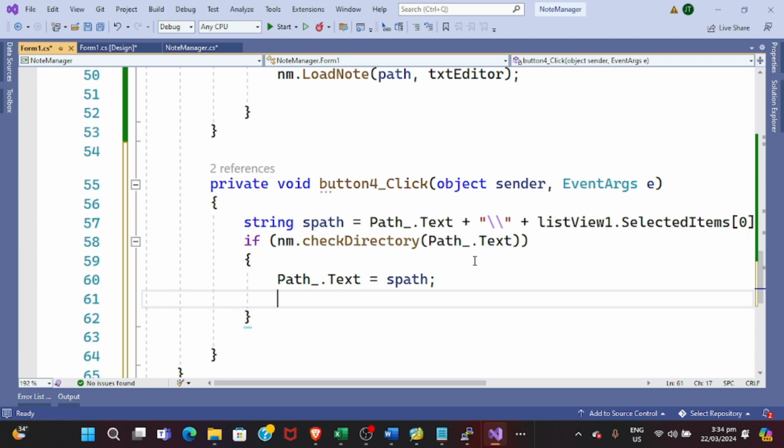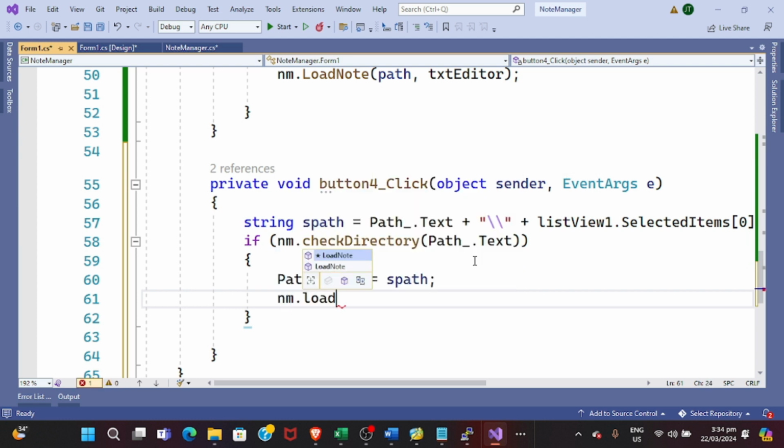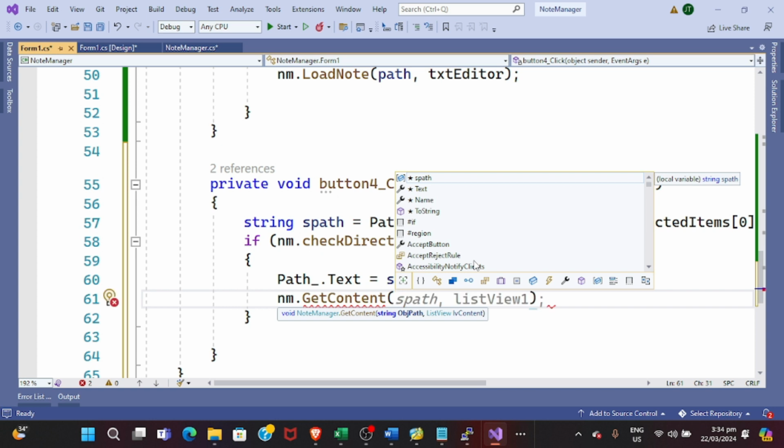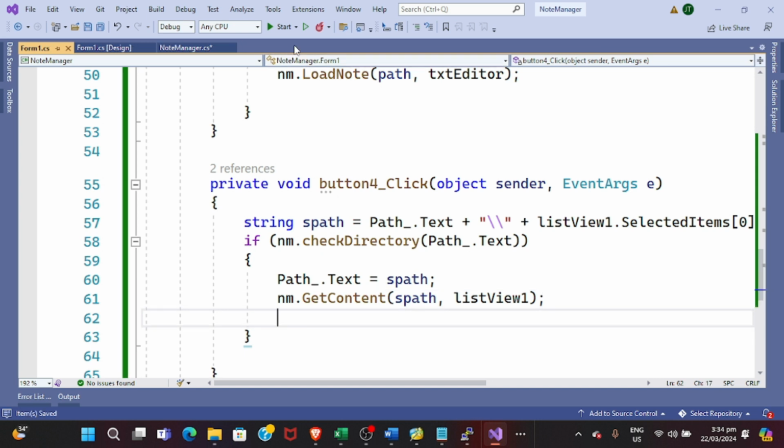Now what we want to do is to load nm.load, get content, and then we put the path, which is spath, and then we put the list view container, which is list view 1. So for example, if we run the actual program now,